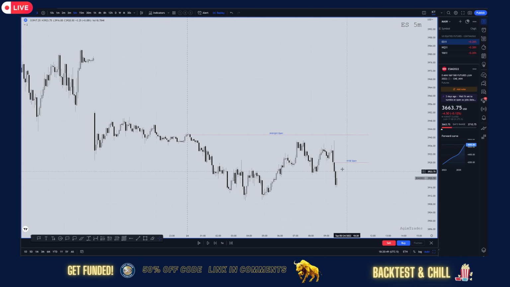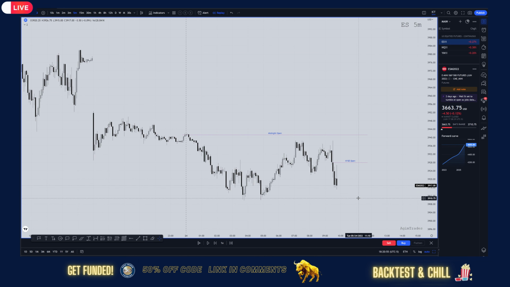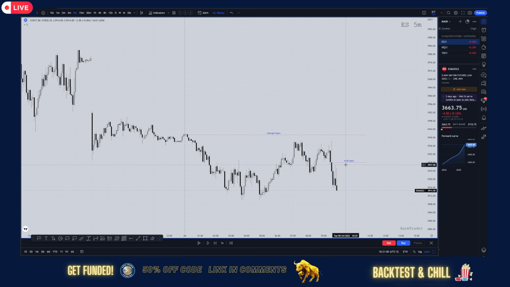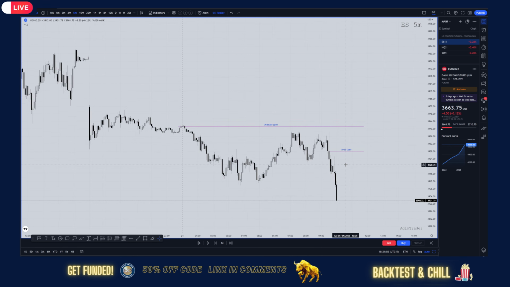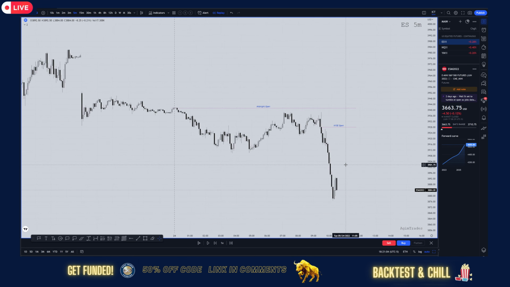We have a fair value gap right here. But I want to see some more liquidity taken. So we have a possible entry there that we missed. All right, so